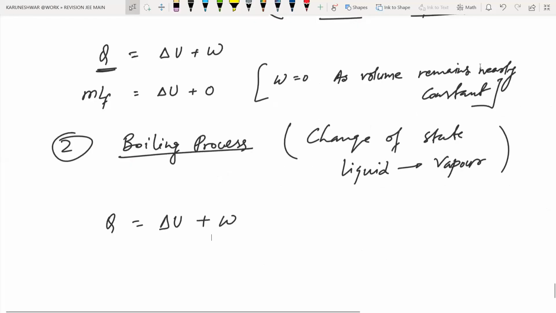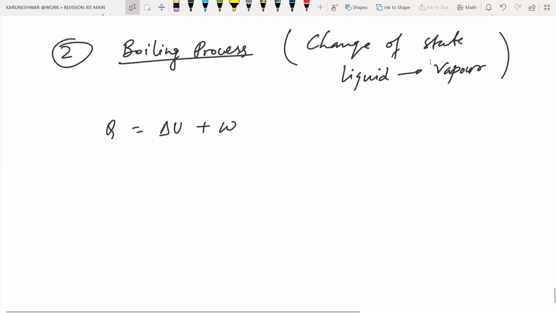तो बॉइलिंग प्रोसेस में हमें यहाँ पे चेंज ऑफ स्टेट जो हो रहा है वो लिक्विड से वेपर में हो रहा है, और इस केस में अगर हम फर्स्ट लॉ ऑफ थर्मोडायनेमिक्स को यूज करते हैं, तो क्योंकि यहाँ लेटेंट हीट ऑफ वेपोराइजेशन यूज होगा, तो जो हीट आप दे रहे हैं वो M×LV में जाएगा, दिस हीट जो है वो M×LV होगा, और फिर चेंज इन इंटरनल एनर्जी होगा।